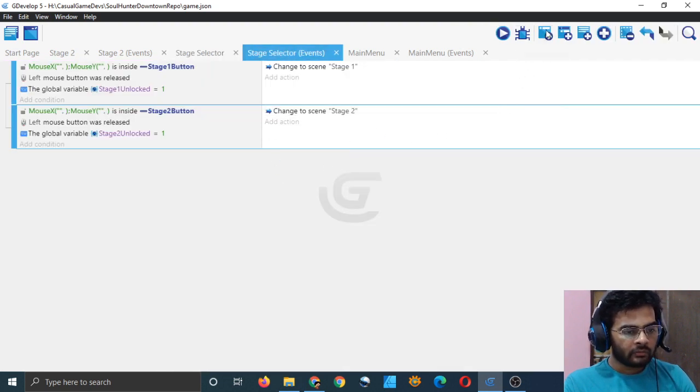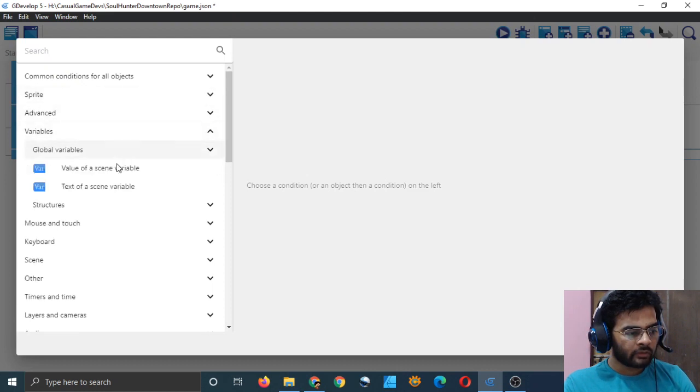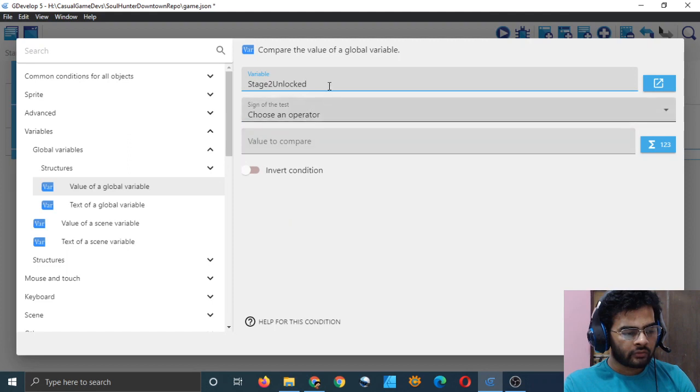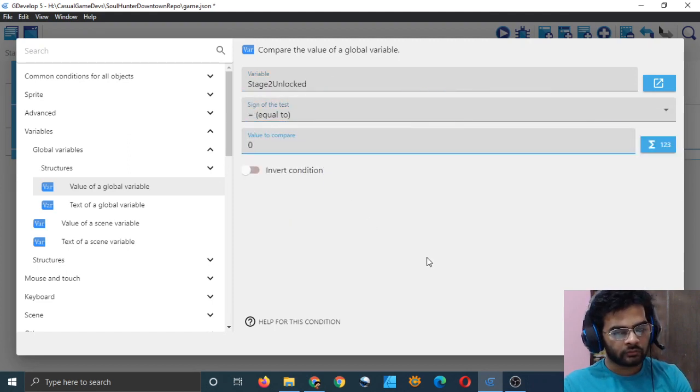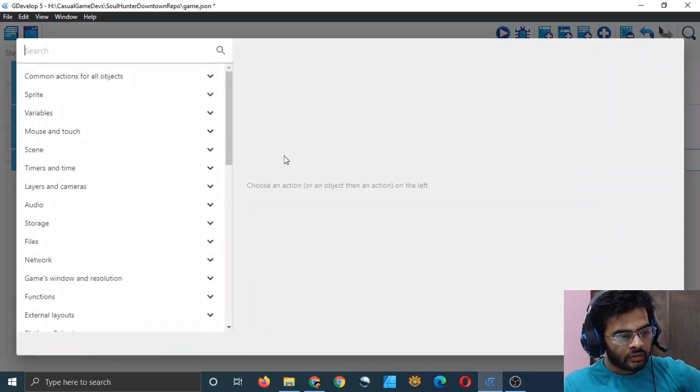So click on plus new event, add condition. If my global variable stage 2 unlocked is equal to 0, then I will change the color of the button, right?